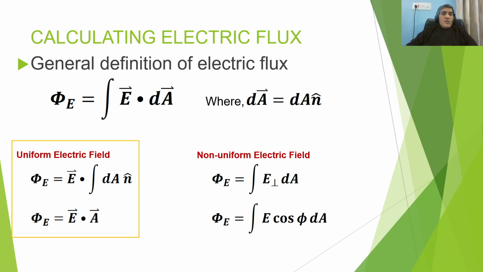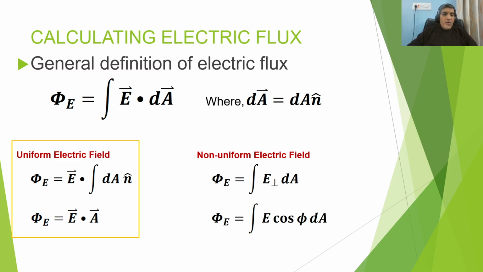So now again, some mathematical formula, a mathematical definition regarding electric flux. It is represented by Φ_E equal to the integral of vector E scalar product dA, where dA is the area element vector, dA equal to dA times n. If we remove the vector from the top of the A, we have to add a unit vector. As in the previous PPT, we discussed i unit vector, j unit vector, and k unit vector. So we are taking the particular direction which is perpendicular to that surface, then the answer comes out.